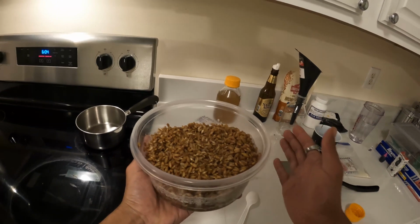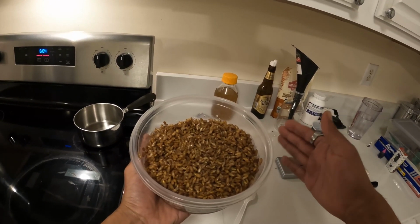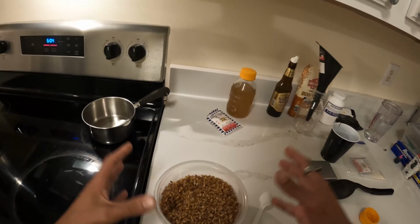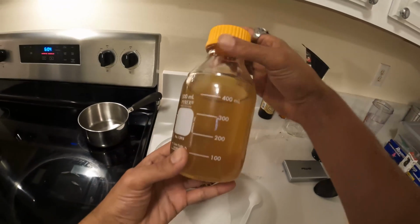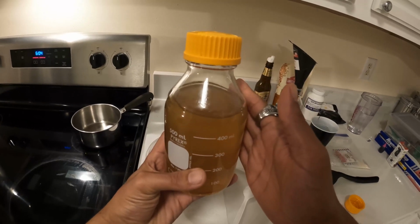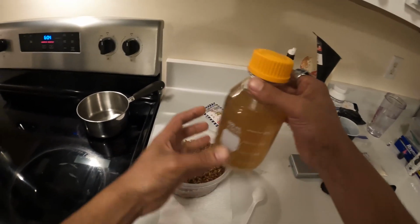What you do is you soak your grains and then you boil them like you normally do before you would if you were making jars or bags. Except the water that you boiled them in is not waste. You can use it to make a nutrient broth agar. So here I have my 500 milliliters of grain water, and then I have my